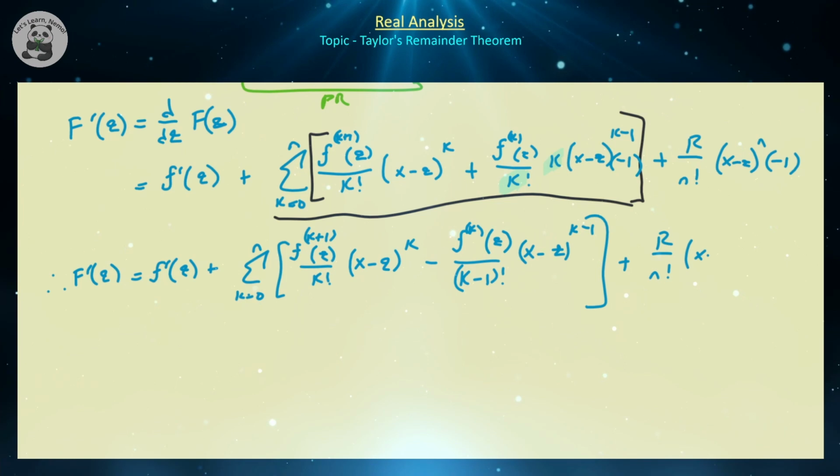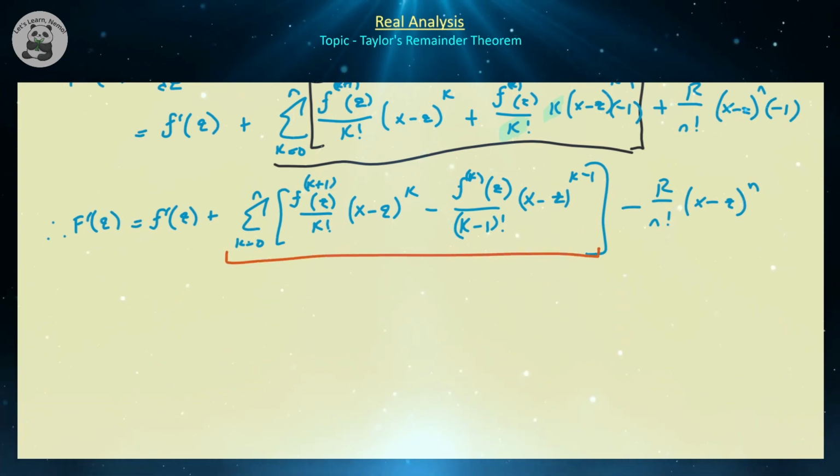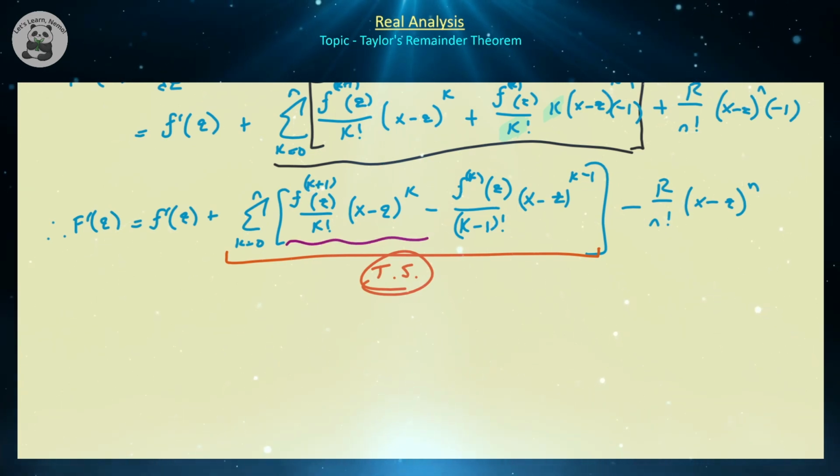Right? Let's actually bring that minus sign in front. Let's write it as minus. So minus r over n factorial times x minus z to the power of n. So once we have this, notice that we have a lot of repetition inside of this term. So that's actually just going to be a telescoping series. So if you write that from k is equal to 0 to n, you're going to realize that a lot of stuff factors out. And you're actually just going to be left with this little term right here evaluated when